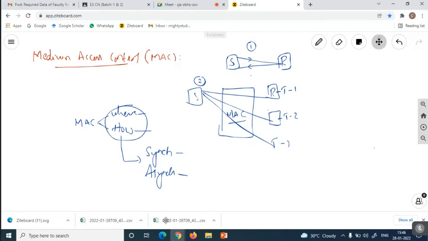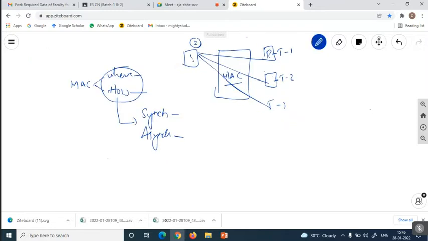Okay, and again, we have different approaches there. Different MAC techniques are there, which are categorized based on different factors. Yes, one is the random access.